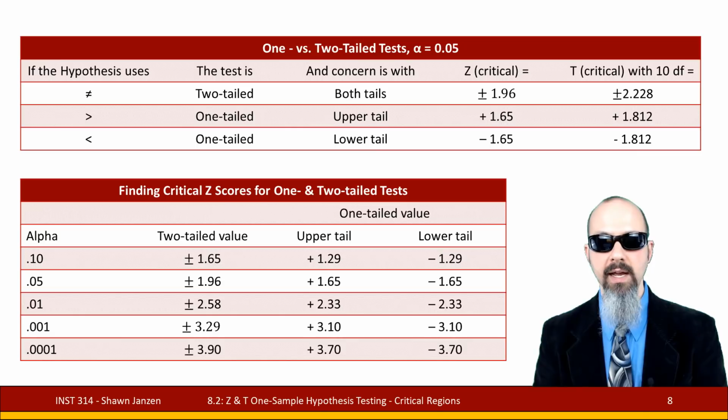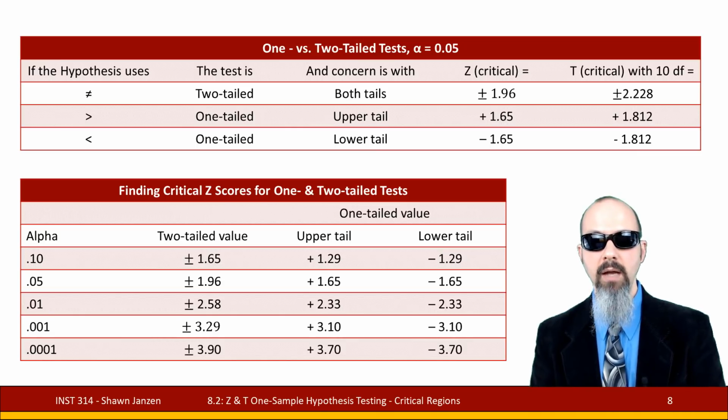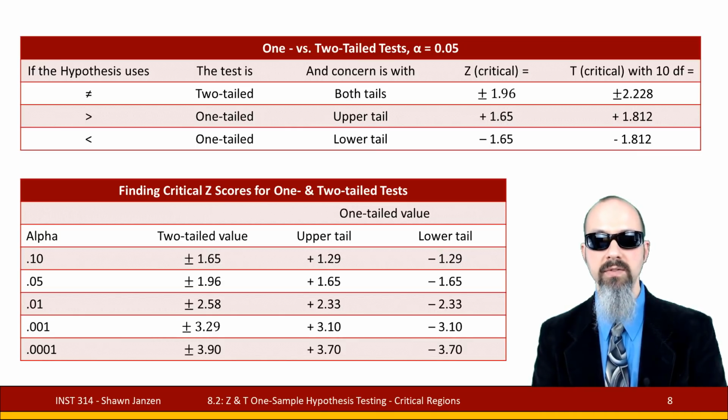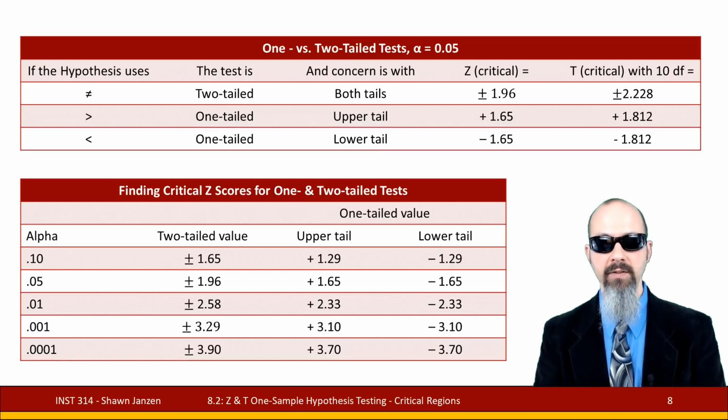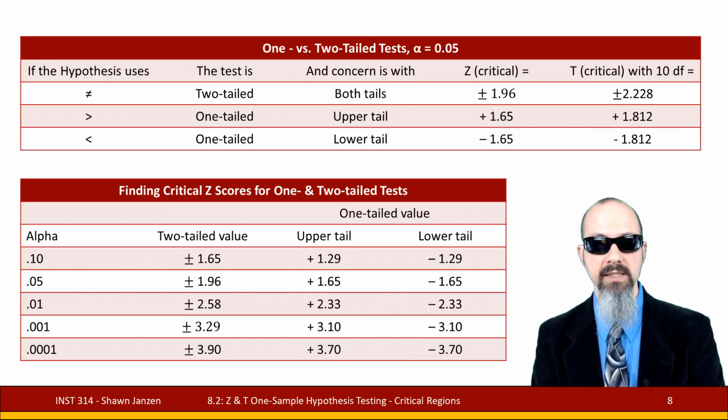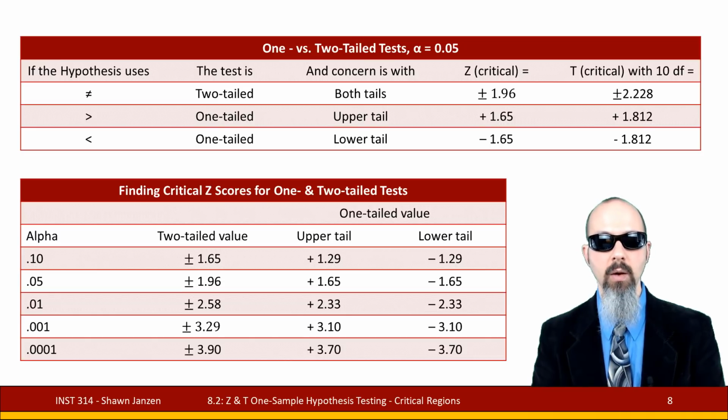The table off to the side here is where I can show you how the critical scores for z and t change. This one is just z-scores, but how do these critical scores change as our levels of alpha change for the two-tail and one-tail? So we start at alpha of 0.1, and we get a two-tail of plus or minus 1.65, and upper and lower tails at plus and minus 1.29. As we get to 0.05, the two-tail goes to plus or minus 1.96, and the upper and lower tails go to plus and minus 1.65. And as we work our way down the table,